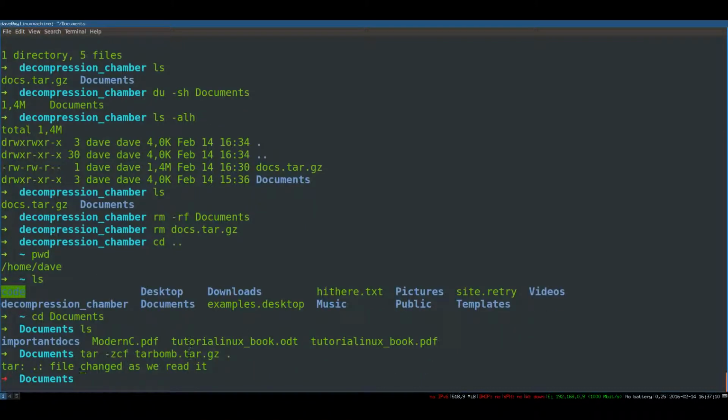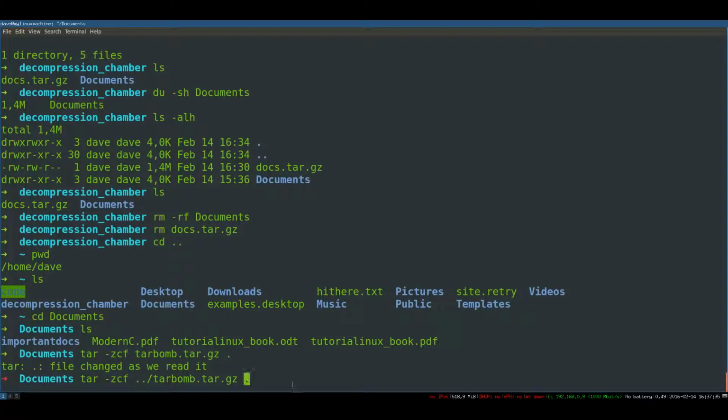By creating the tar bomb in this directory, the directory is changing as I'm trying to read it and it just doesn't work. So what we actually need is the thing that I originally typed, which is the shortcut for the directory above this one. So this goes back to our home directory. So essentially this is saying in the directory above this, create a tarbomb.tar.gz file using this directory as the base, which we're going to run this tar